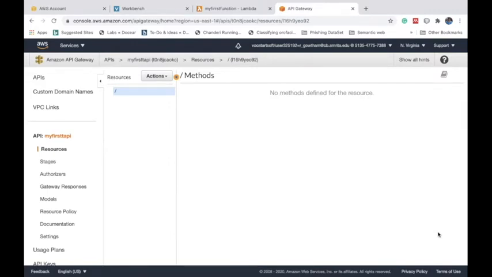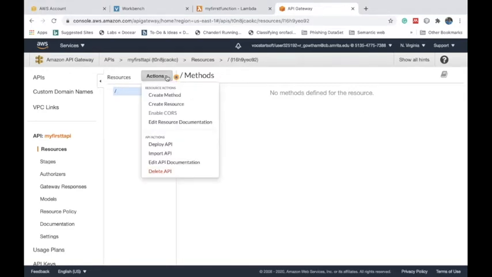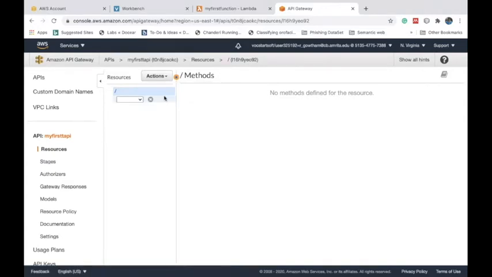After you select create API, click on actions and select create method. From these actions, select the get method. I'm going to use the get method to trigger the Lambda function. Once you select get, click on this tick symbol.